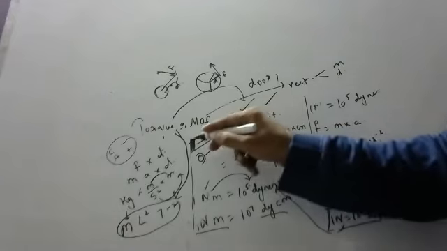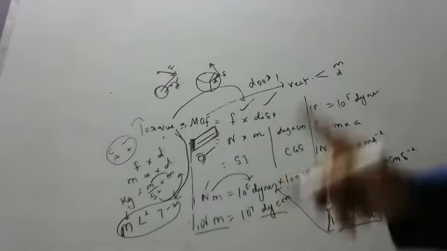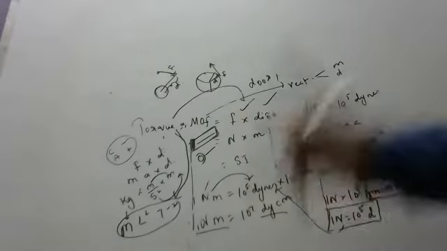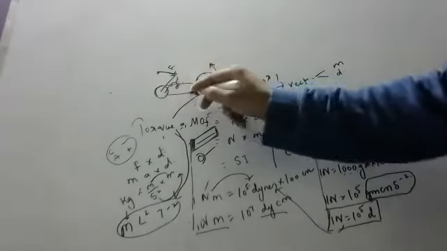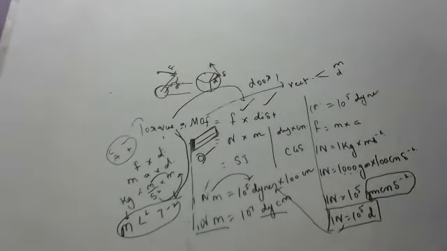This is a door. Around the fixed support, it will move. Anything that moves around a fixed support is called torque. So girls, the torque or moment of force formula